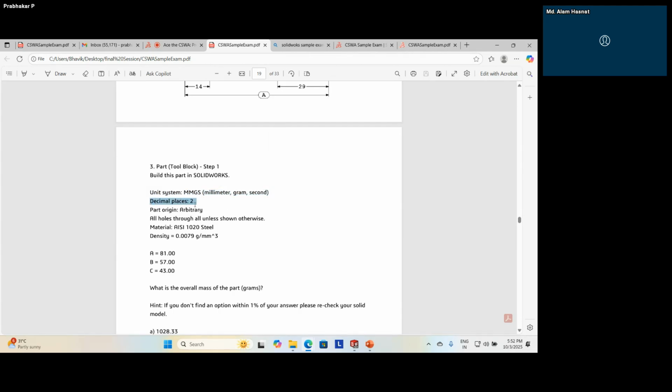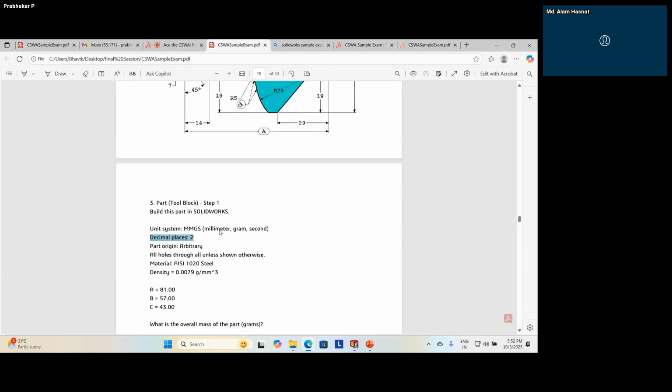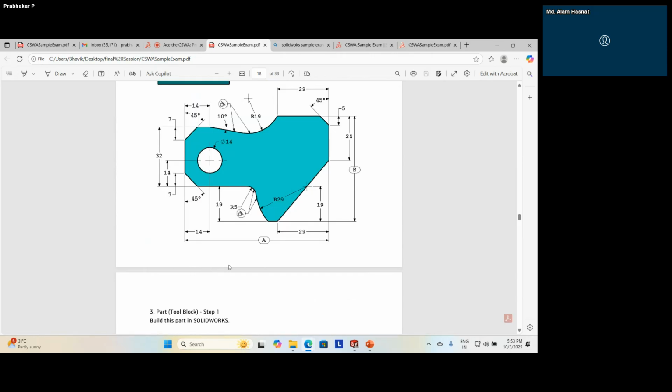Decimal places is 2, so you need to consider 2 decimal places after the whole number when you specify the answer. Then the material they have specified; when you assign this material, make sure the density is available. Then there are A value, B value, and C value, 3 different values.